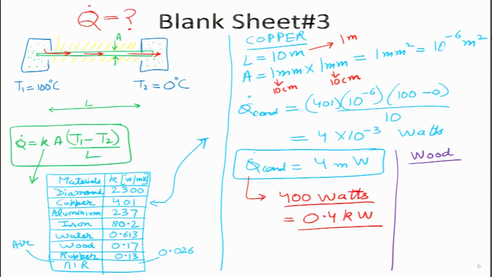So, wood thermal conductivity is already given over here. Its value is 0.17 watts per meter Kelvin, and if you do that calculation, which I will leave for you to do on your own, that value turns out to be 0.17 watts. So, if I try and compare these two numbers together, just by changing the material property,